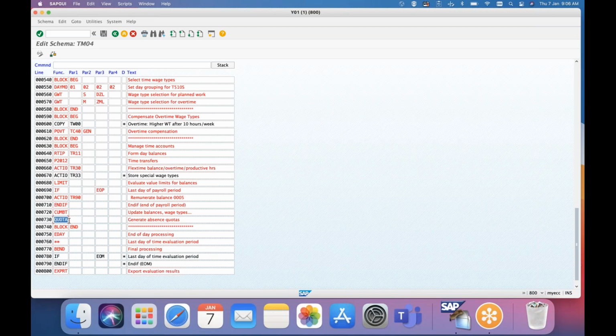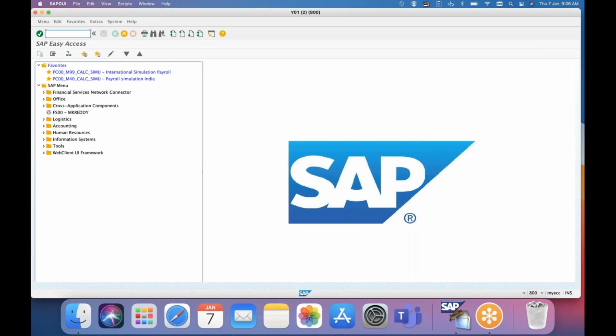So what exactly the CEMBT will do is we have something called time type. The time type is also similar to wage type, but it is a simple time type which will store a number. Again, the number we can store for a month, or we can store it day wise. Say for example, how many days or how many hours an employee works per day can be saved day wise. The internal table which will store the time type day wise is called ZES.